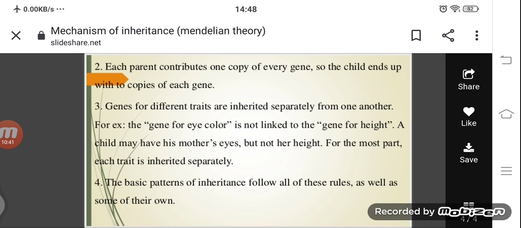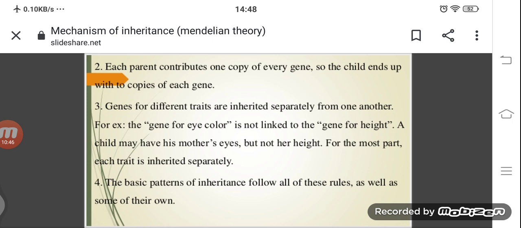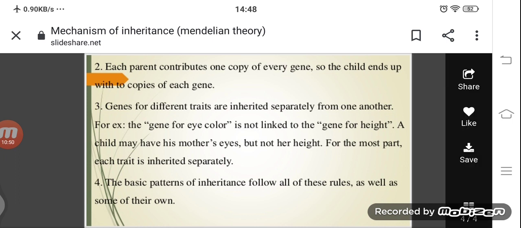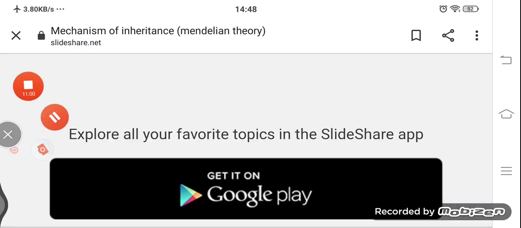For the most part, each trait is inherited separately, and each gene is separated from the mother and father, and both genes are combined to be present in the child. The next one, rule number 4: the basic pattern of inheritance follows all these rules as well as some others of its own. So this is about our